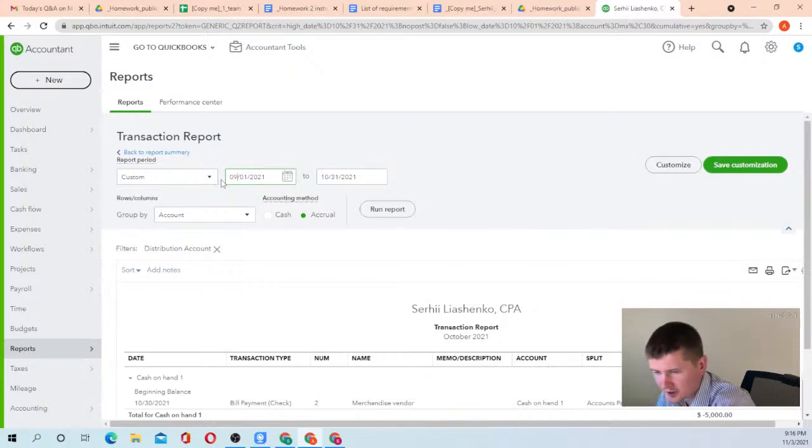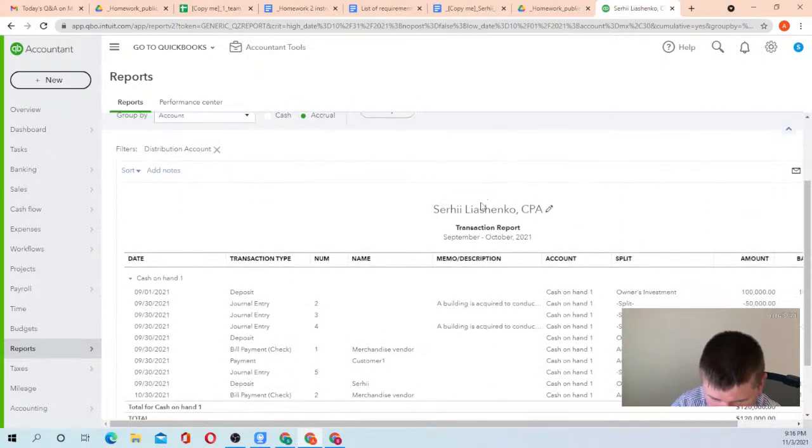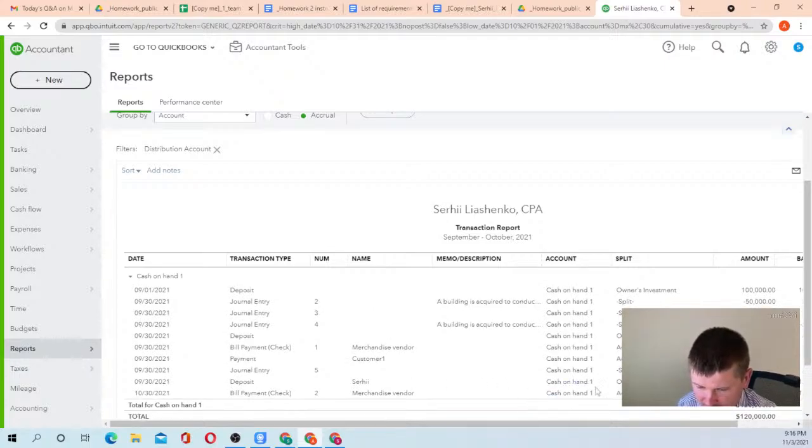Okay, will I be able to run it from September? Okay, so I ran the balance transaction report from September through October, and I ran that report based on cash. And you see the transaction captions kind of repeat one another, because I showed you one and the same example several times. So we deposited 100K once, twice, so we put it into owner's investment. So 3 times. We put 3 owner's investments here. That's in my account. In your account, you will have a different situation.